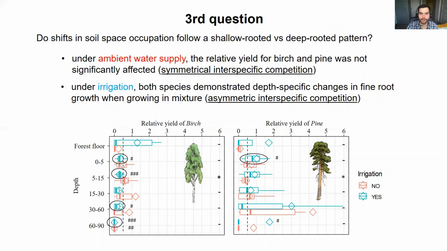The general idea that interspecific competition is alleviated through fine root adaptations towards shallower or deeper layers has been described in previous studies, but this is not supported by our study. Our results highlight the importance of looking into different soil depths to better understand the net outcome of competition in mixtures along different environmental conditions. However, we must remain cautious in our interpretation as we don't know whether competitive ability is static or changes dynamically over seasons and years. It could be that interspecific competition could eventually lead to vertical niche partitioning when tree stands reach maturity.